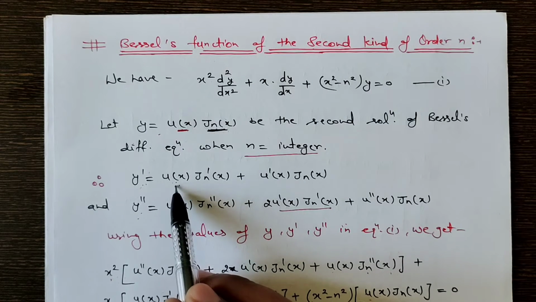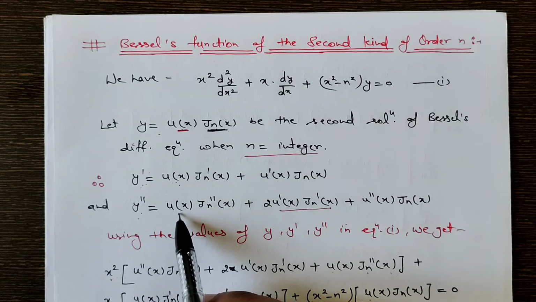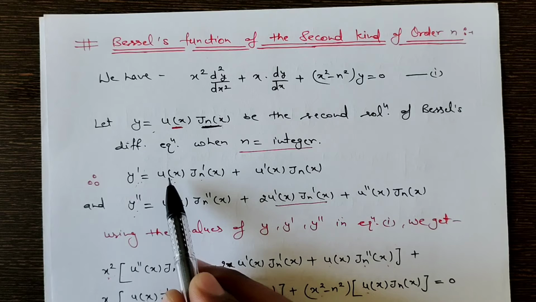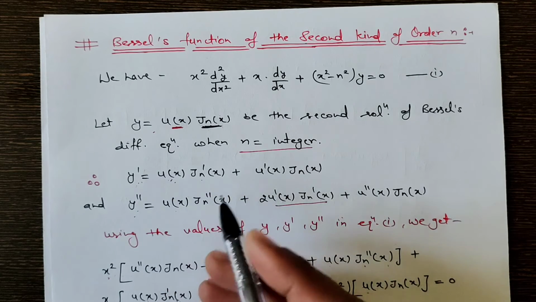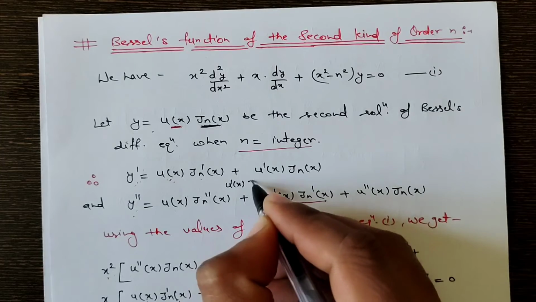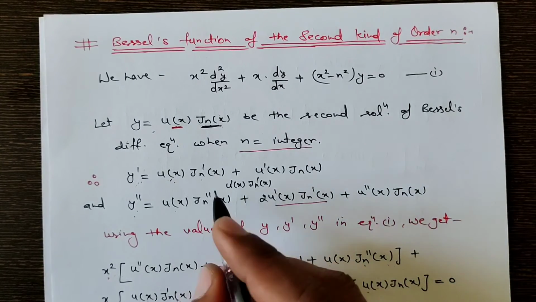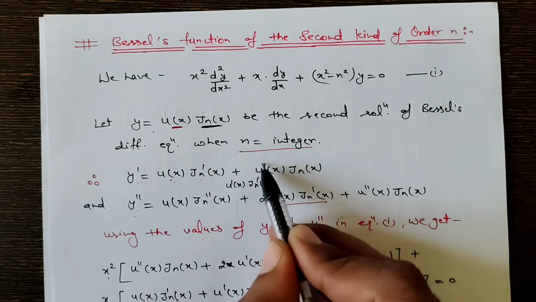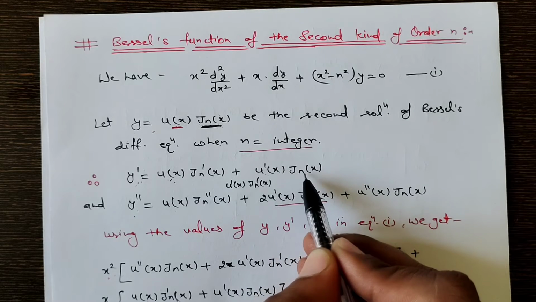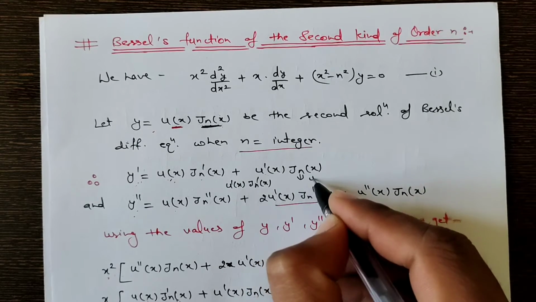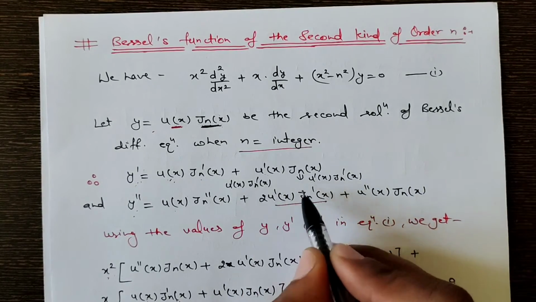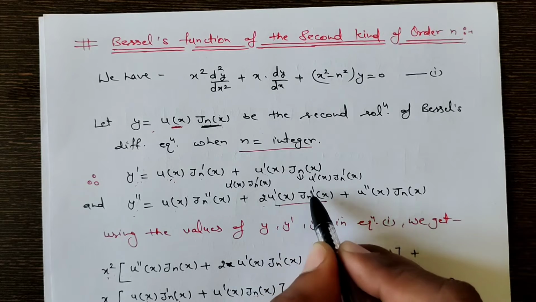There are again two functions. First function as it is, u(x) as it is, derivative of second, that is Jn''(x), plus first function as it is, derivative of second function, so that will be u'(x) Jn'(x). Clear? And from the second term, when you consider u' as the first function, first function as it is and derivative of second, it will also give you u'(x) Jn'(x). So both these terms are written as 2u'(x) Jn'(x).